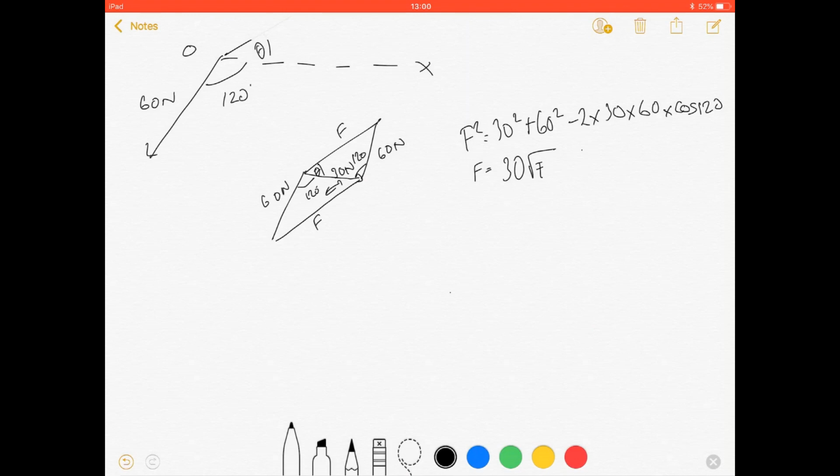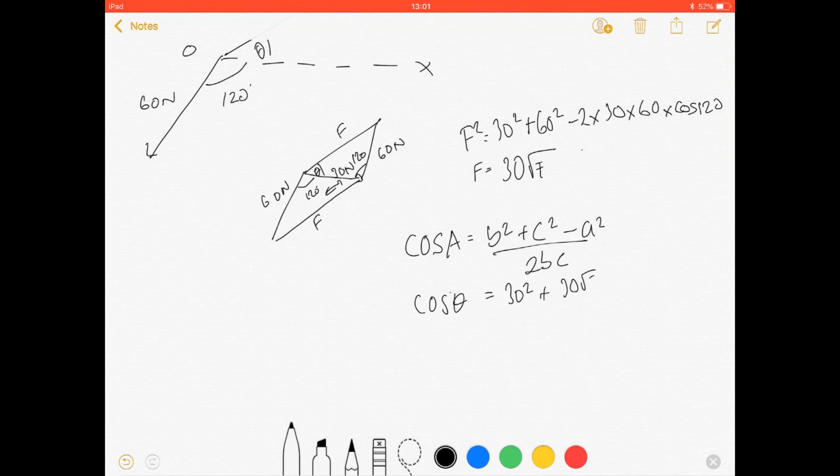But to work out what theta is, all we need to do is use the inverse of the cosine rule, which is essentially cos A equals, or you can just rearrange it from the cosine rule formula, but if you memorize the formula, it will be a little bit easier for you. b squared plus c squared minus a squared over 2bc. So A in this case would be theta, so cos theta, and the angle corresponding to A would be 60, so we have to use 30 squared plus 30 root 7 squared minus 60 squared, over 2 times 30 times 30 root 7. So this comes out to be